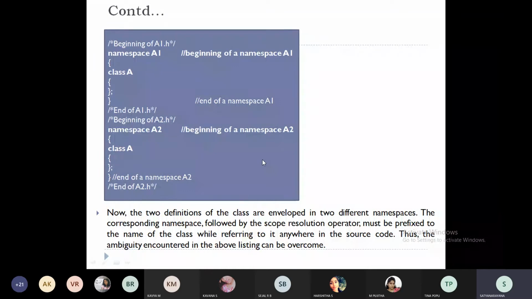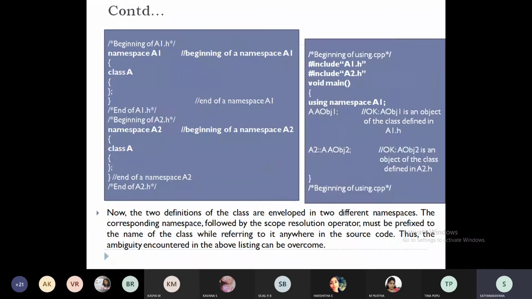Now I include a1.h and a2.h and write using namespace a1. When you call the class A, it is directed to class A of namespace A1.